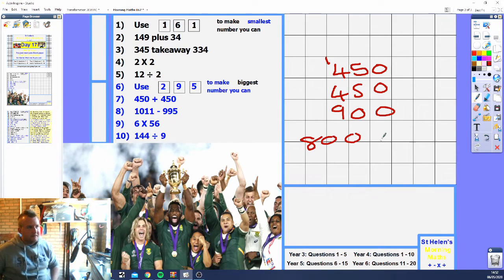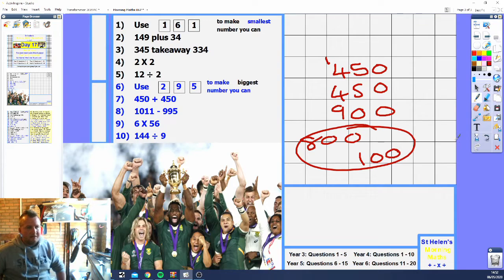This is what I'm thinking in my head. And then we've got 50 and 50, I'm getting 100. You add the 2 together and you get 900. So that's just the way you can do it as well. Okay,